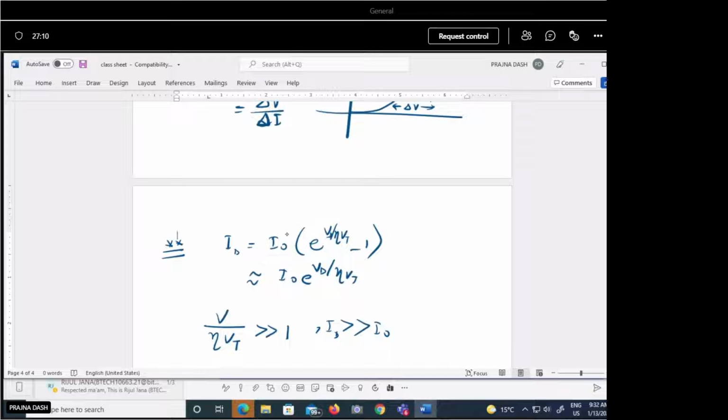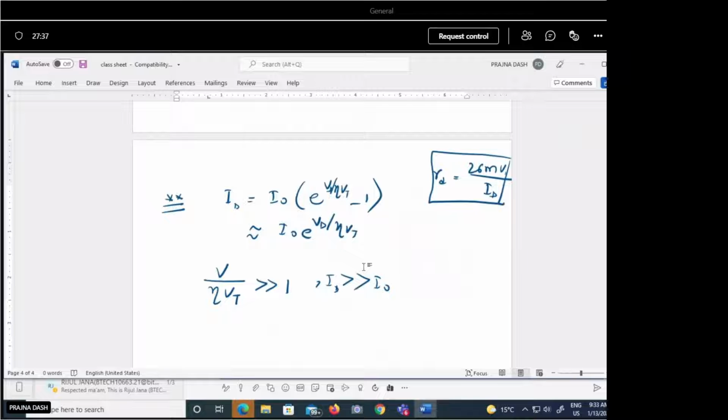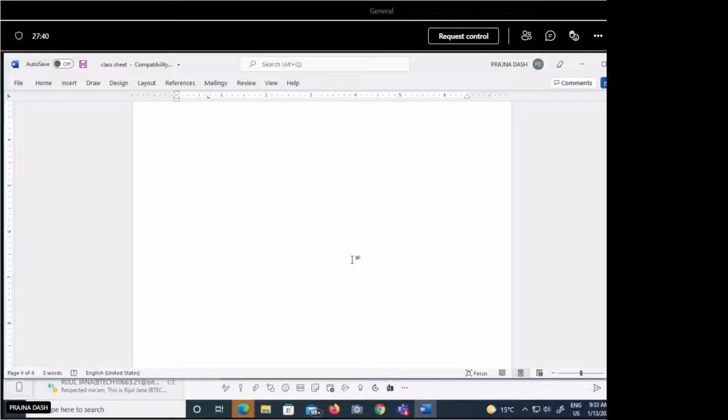Actually this dynamic resistance we will get, that is Rd is equal to 26 millivolt by your diode current ID. This much you should obtain. So this value will be useful in many applications, many analyses we will use this. So how we are getting this Rd equal to 26 millivolt by ID, that is up to you. You just find it. Otherwise in the next class I will discuss. As we are now aware that the diode offers some resistance,